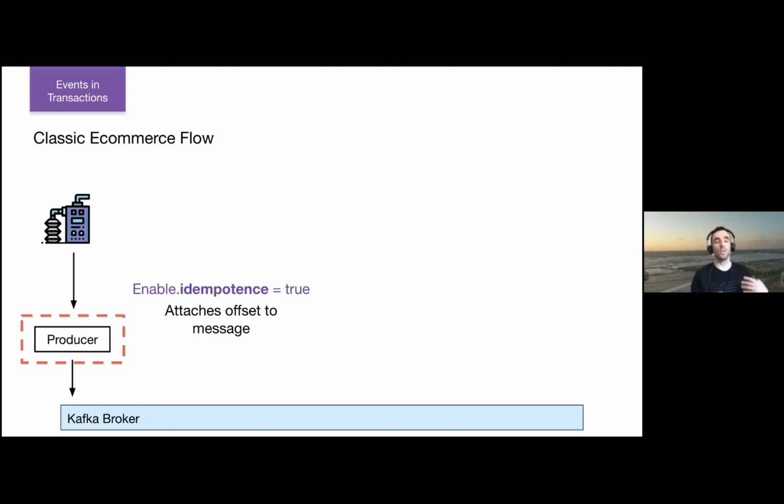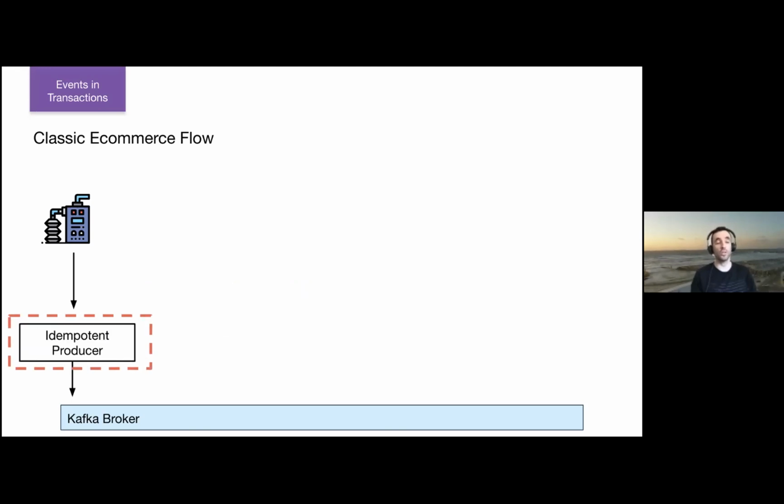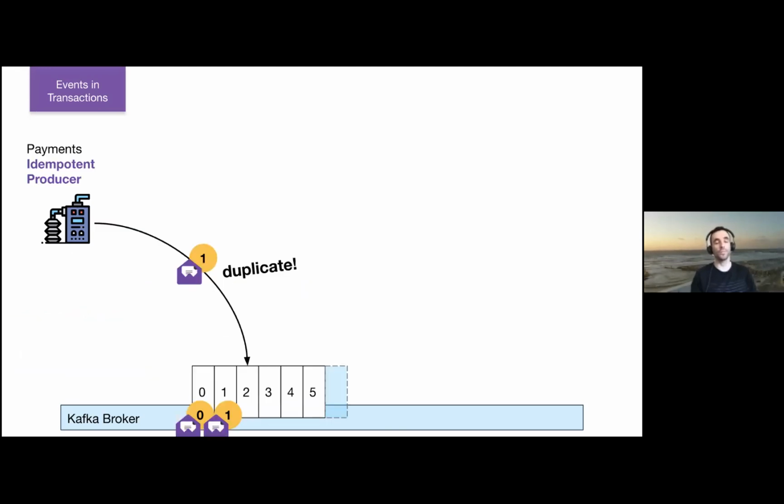So for instance, the producer at the beginning of this flow can be changed to an idempotent producer. And that means that it will make sure that the message is only produced onto Kafka. It does that by attaching an offset to the message. So